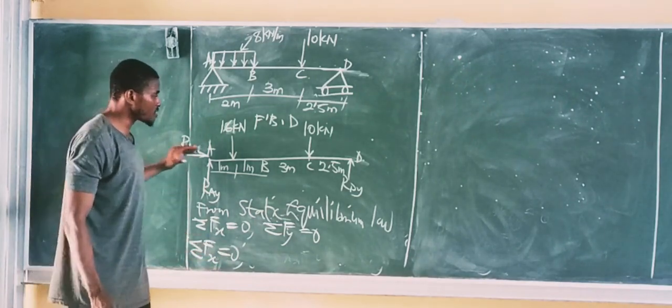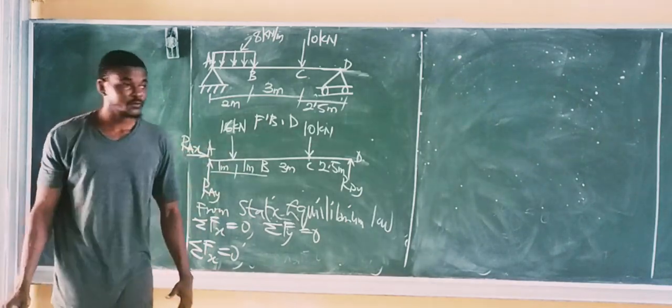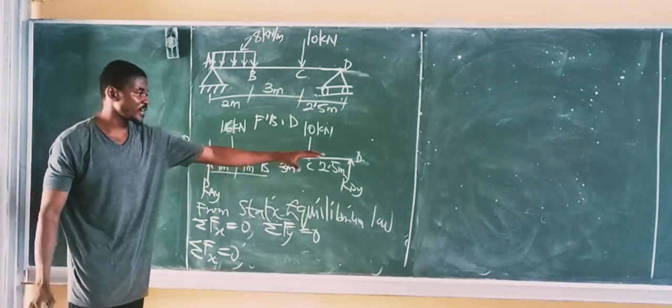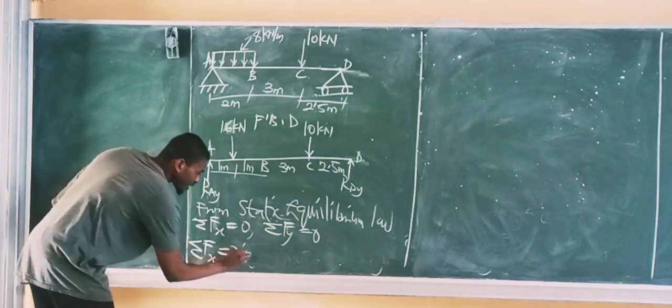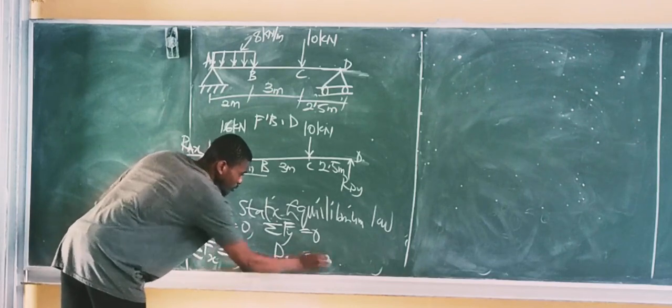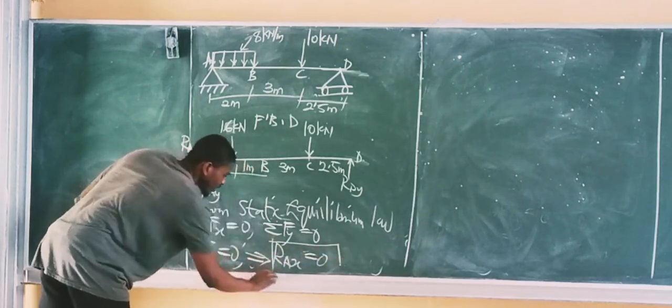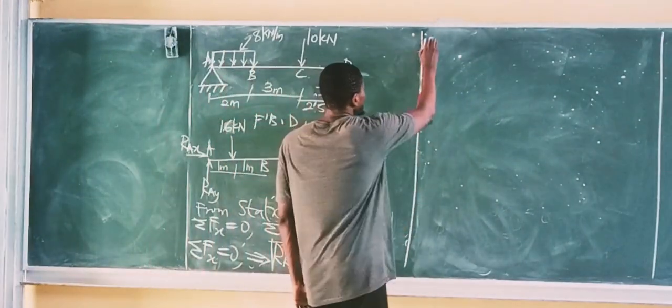And if you take a look at this beam, only one force points in the x direction, and that force is simply RAX. So that simply implies that RAX is equal to 0. So you have this. The next law is summation Fy